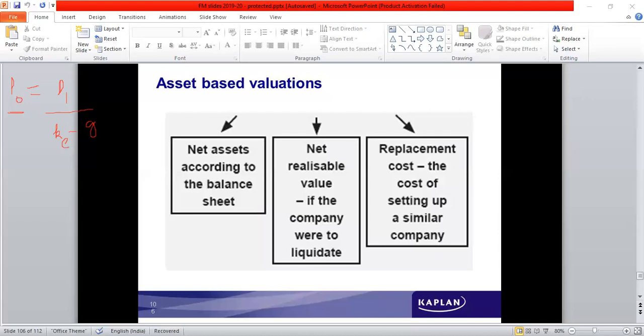But just like I have mentioned, some of the assets do not realize any value if they have to be liquidated or replaced. Many of the assets cannot be converted into cash, and therefore this method does not reflect the true value of the business. The value of the business may be drastically very low. So that is a weakness, or the disadvantage, of the asset based method. Another method, the second method,